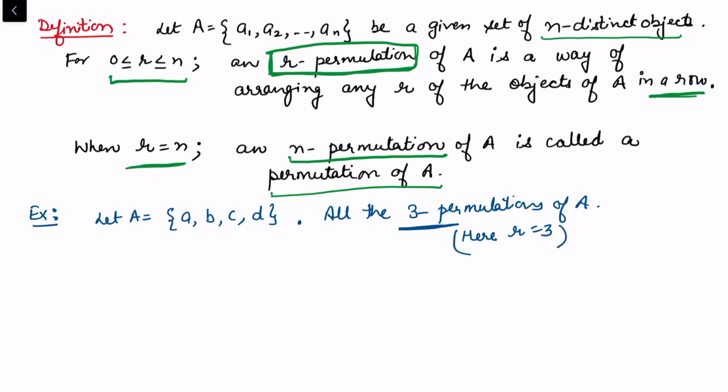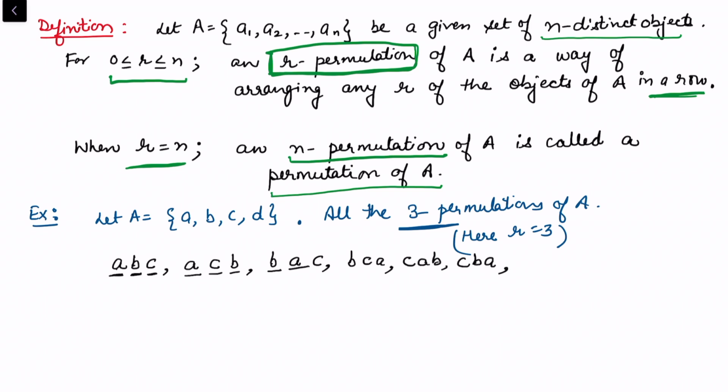So here let's consider any three elements A, B, C. Now A comes at the first position, B comes at the second position, and C comes at the third position. But it is also possible that I may select A at the first position, C at the second position, and then B at the third position. We can find another option B, A, C, and then we can find another option B, C, A. We can also find C, A, B. We can also find C, B, A.